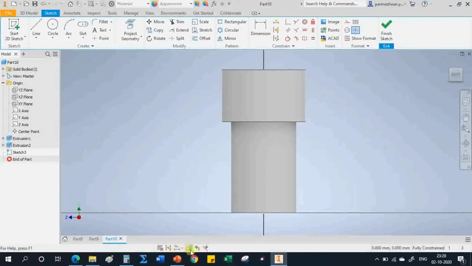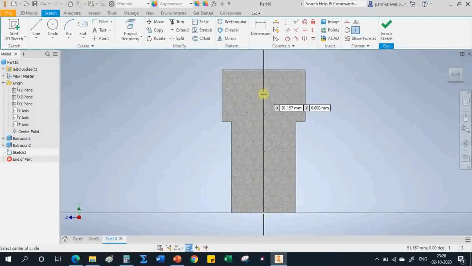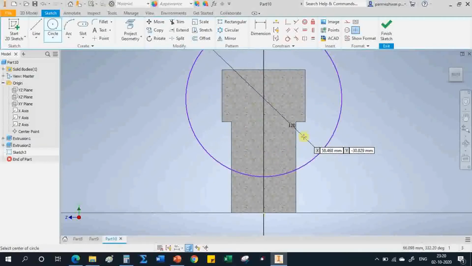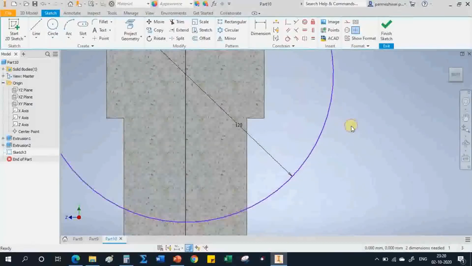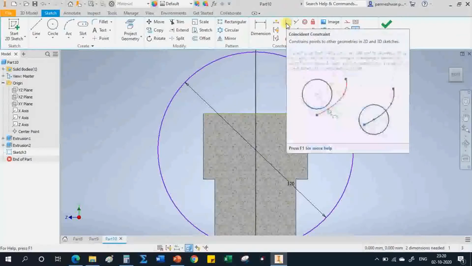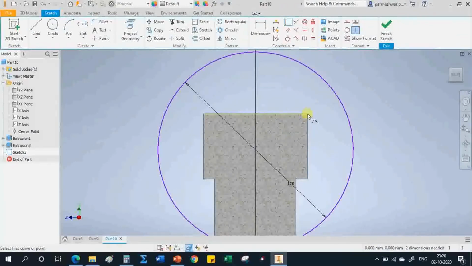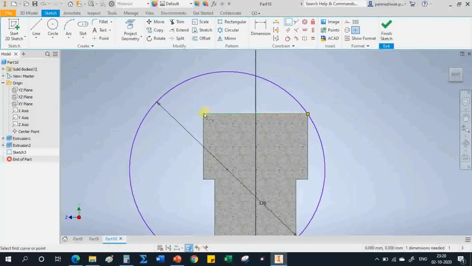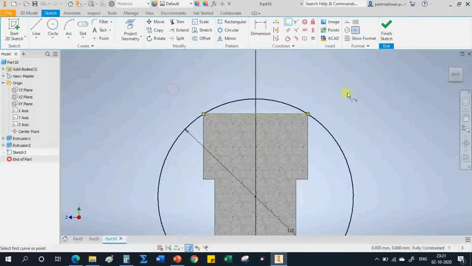Now here I will do slice graphics. Okay. Next we have to select this circle and here enter the circle of diameter 120, because the radius is how much? 60, right? Now I want this circle to pass through these two endpoints. One is this one and another one is this one. So before that I will make this line a project geometry, right? Now select this coincident constraint command, click here, select this one point and select this curve, select this second point and select this curve. Okay, right.